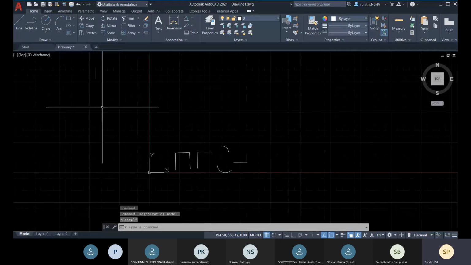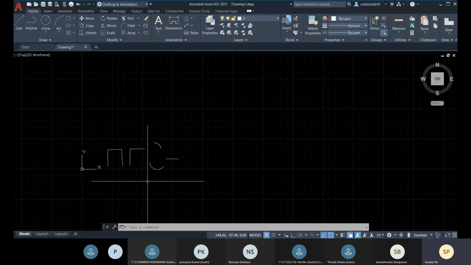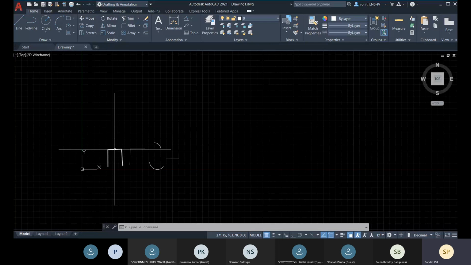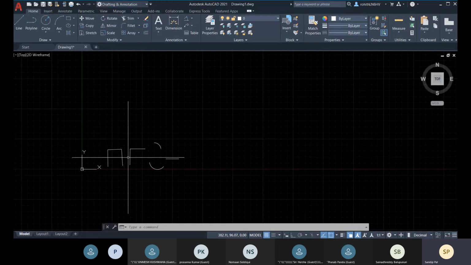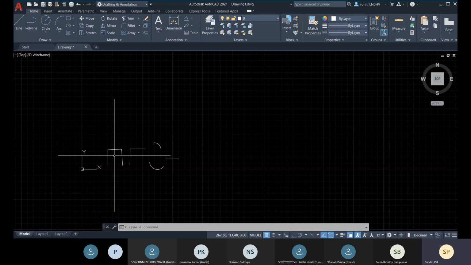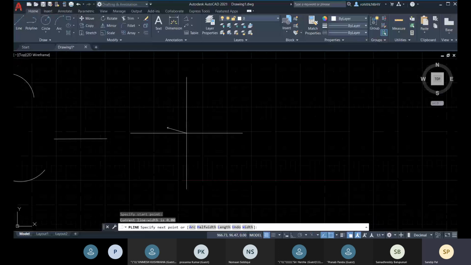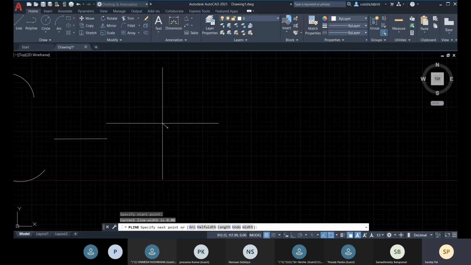This is about your polyline and how you explode, how you convert your lines into polyline. So this is right now a polyline when you join them. All your single entity is considered as a polyline in AutoCAD. Let's go for polyline right now, and just specify your start point.